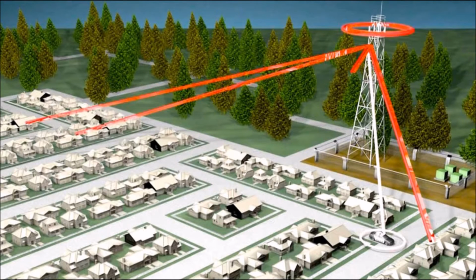Today we are going to discuss Stingray technology and cell site simulation. The Stingray was created by Harris Corporation and belongs to the technological line of products known as IMSI catchers. Before we dive into Stingray, IMSI catchers, and cell site simulation, first we need to understand what IMSI and cell sites are. All cell phones perform functions such as calling, texting, and otherwise connecting with other phones using a SIM